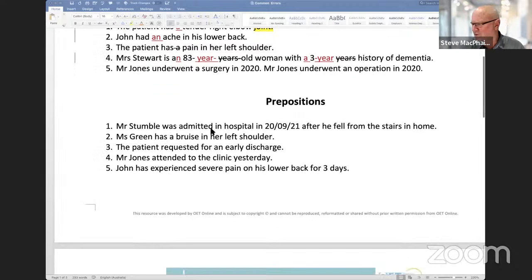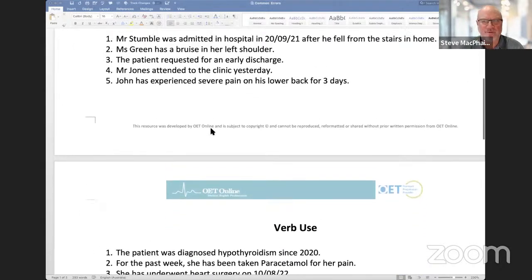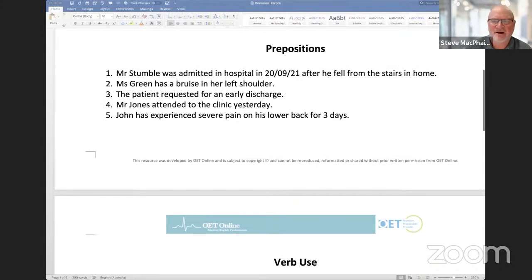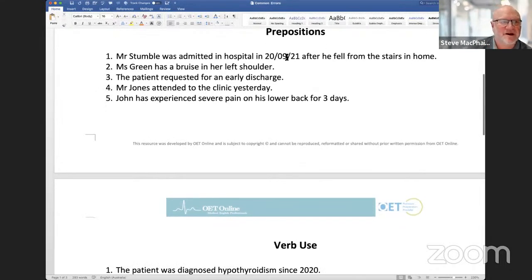Now I'll move on to prepositions, everyone. Prepositions. Also, you won't see many prepositions in the case notes. They tend to be removed. So it's your job to add them. Let's have a look at this first sentence here, everyone. Mr. Stumble was admitted in hospital in 2009-2021 after he fell from the stairs in home. Well, we got